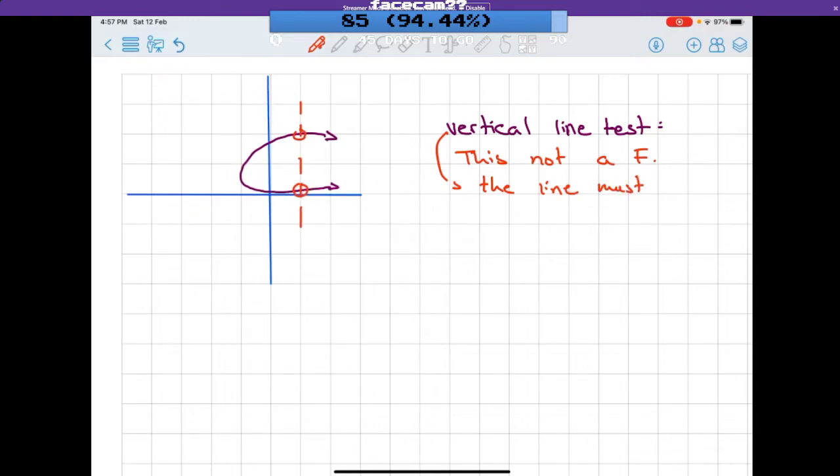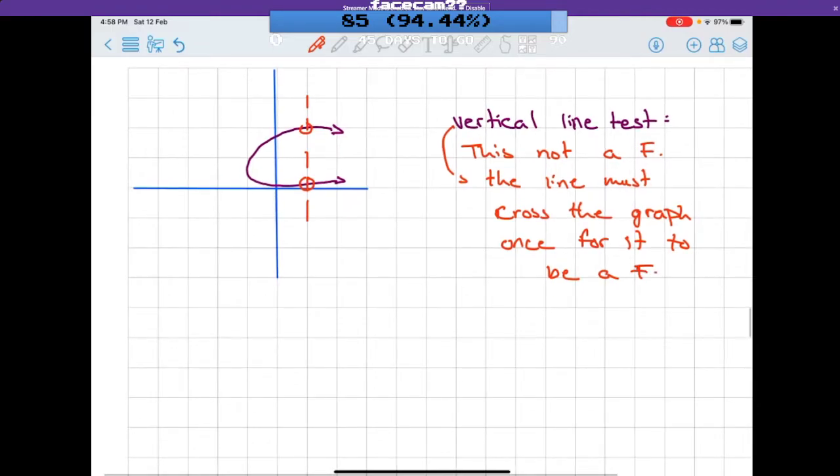must intersect or must cross the graph once for it to be a function. So as long as the line intersects twice, that means it's not a function. If it intersects once, then it is a function. And